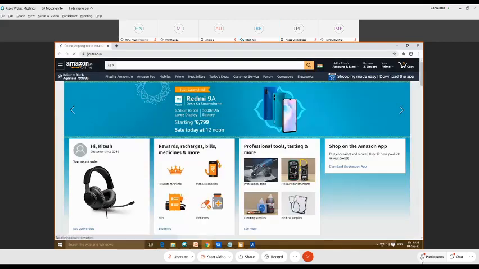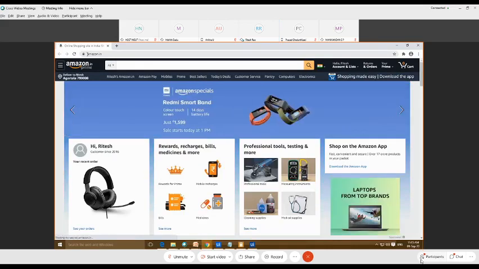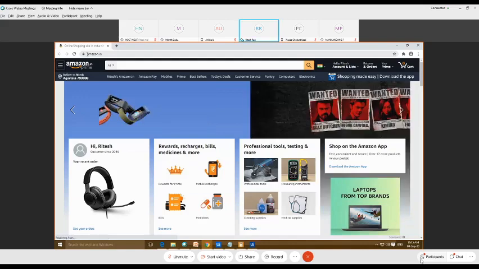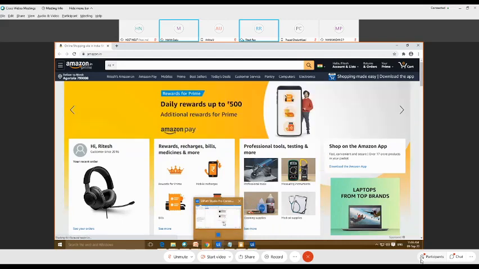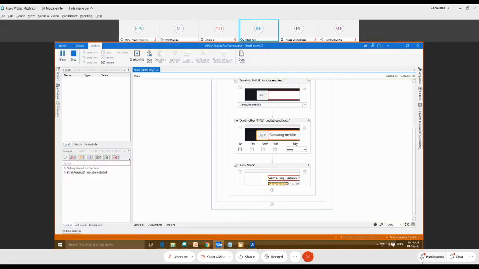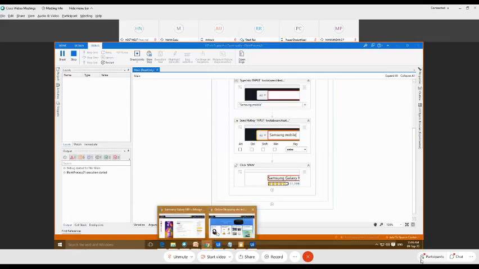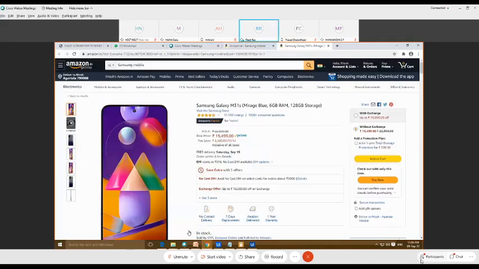Unlike the basic and desktop recording, you can see here, this is all automatically opening this application. You can see here, this is the option, this has automatically opened. So this is about the web recording.